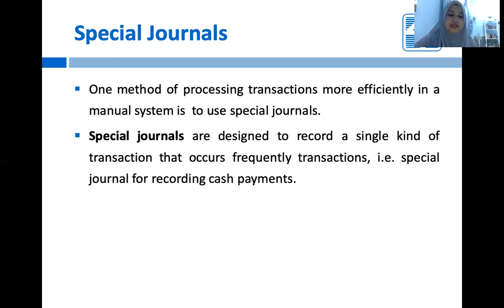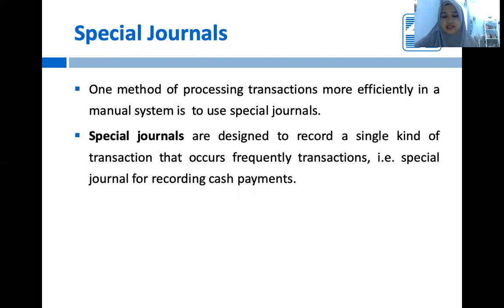Okay, that was the subsidiary ledger. Now we also need special journals in a manual system. Even in a computerized system, they also use these special journals and subsidiary ledgers. The purpose of special journals is the same as the subsidiary ledger. It aims to simplify the recording of transactions. And also, it provides the information of the specific balances of certain main transactions of the company.